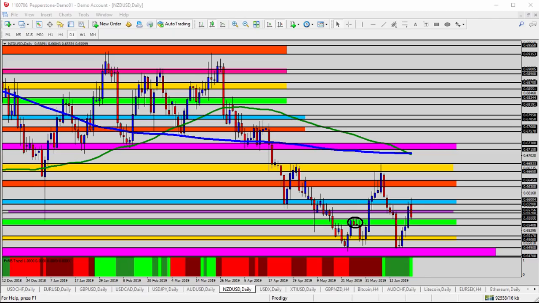Today we're looking at the NZDUSD, the New Zealand dollar versus the US dollar, for today's trade analysis. Now, it's of course been an interesting couple of weeks for this currency pair. Last week, significant sell-off. We see the New Zealand dollar falling from the 0.6665 area, the yellow zone, all the way back down to the lowest lows into the 0.6490 area, the pink shade area at the bottom of the